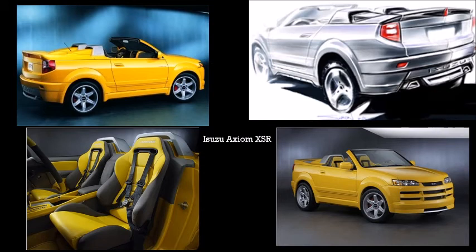It's a bit confused. It can't make much sense of itself. Because it was a three-pronged assault from Isuzu. They did the XSF and the XST, the T meaning truck. So I'm assuming that's a pickup truck version. It was a pickup truck version with the bull bar on the front. And the XSF, that was a fast, lower, more powerful version. And then this is just this. So again, if you've already got the sport version,